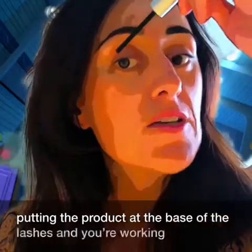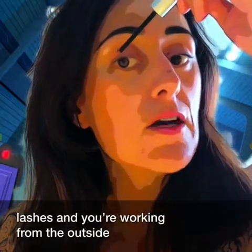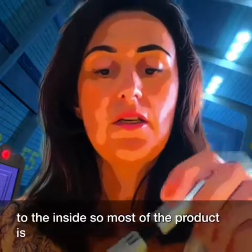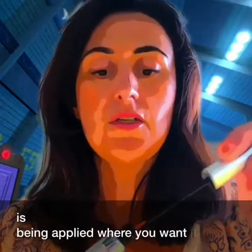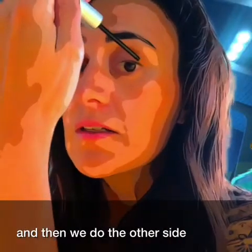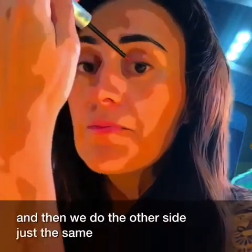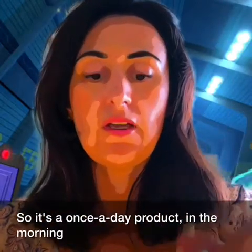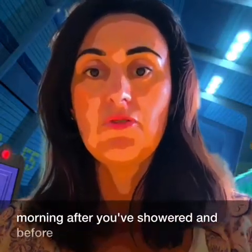So you're putting the product at the base of the lashes and you're working from the outside to the inside, so most of the product is being applied where you want it, and then we do the other side just the same. So it's a once a day product, in the morning after you've showered and before you put on